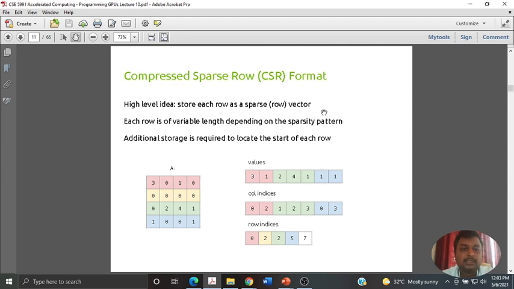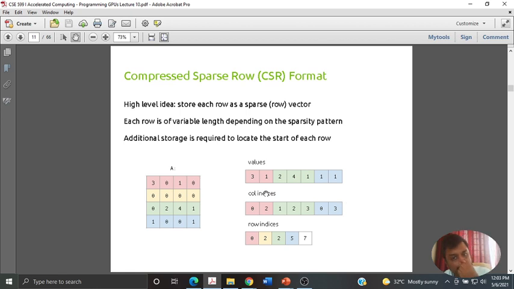So compressed sparse row: whenever you look at a matrix, this is a matrix which has to be represented, and you have three data structures for that. One directly stores the non-zero values, to be very precise. So 3 1, it is row major, then there is a 0. The 0 is not represented over here because sparse matrix representation neglects zeros. Whatever are non-zero, then 2 4 1 1, these are the values, and the corresponding column numbers are indicated.